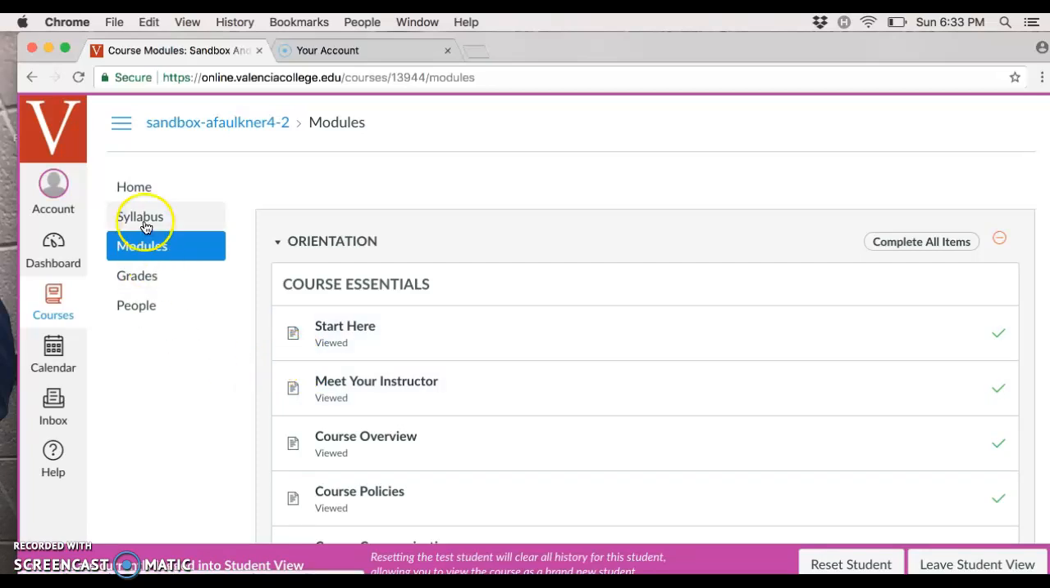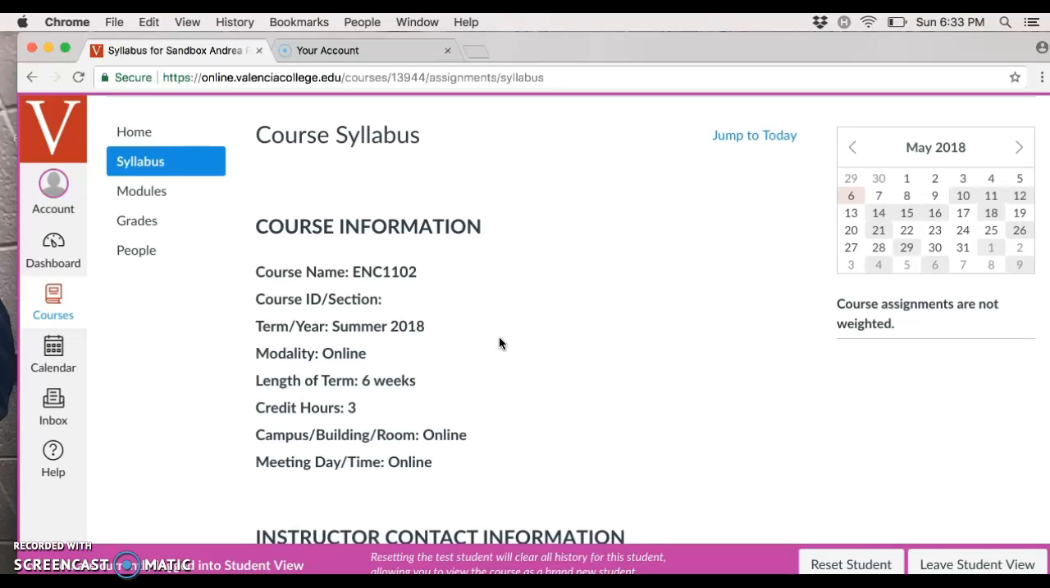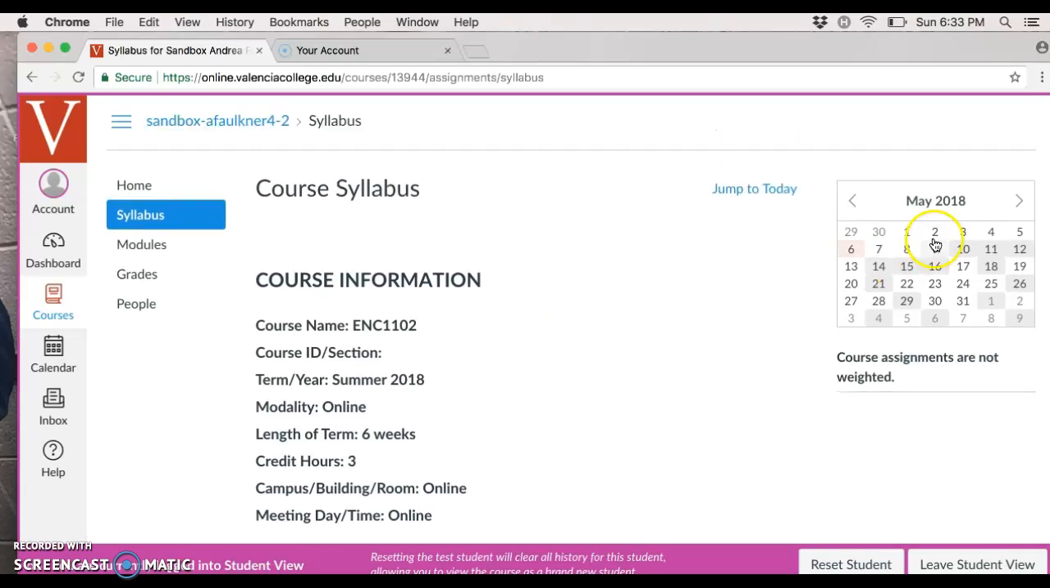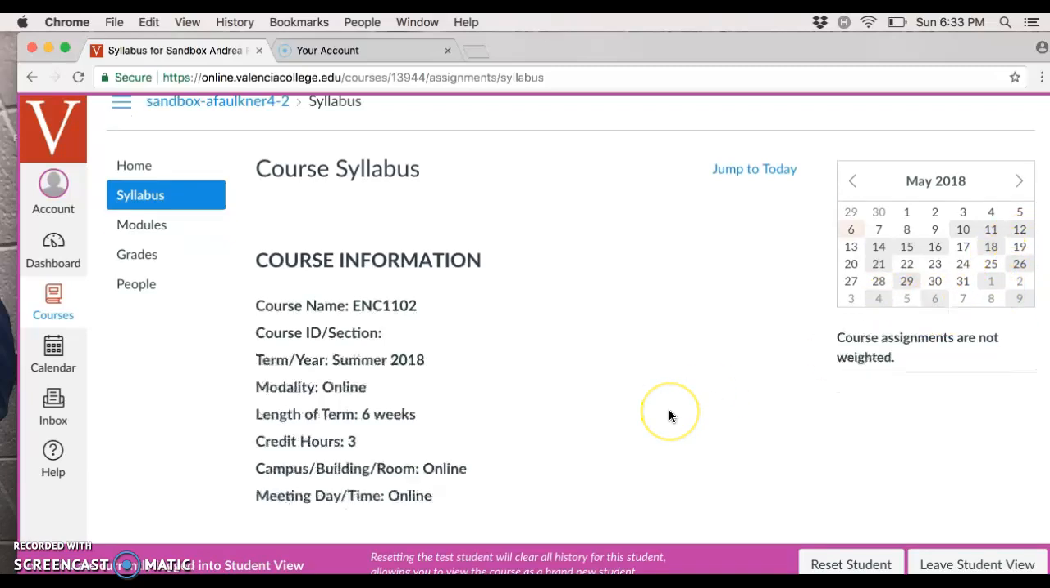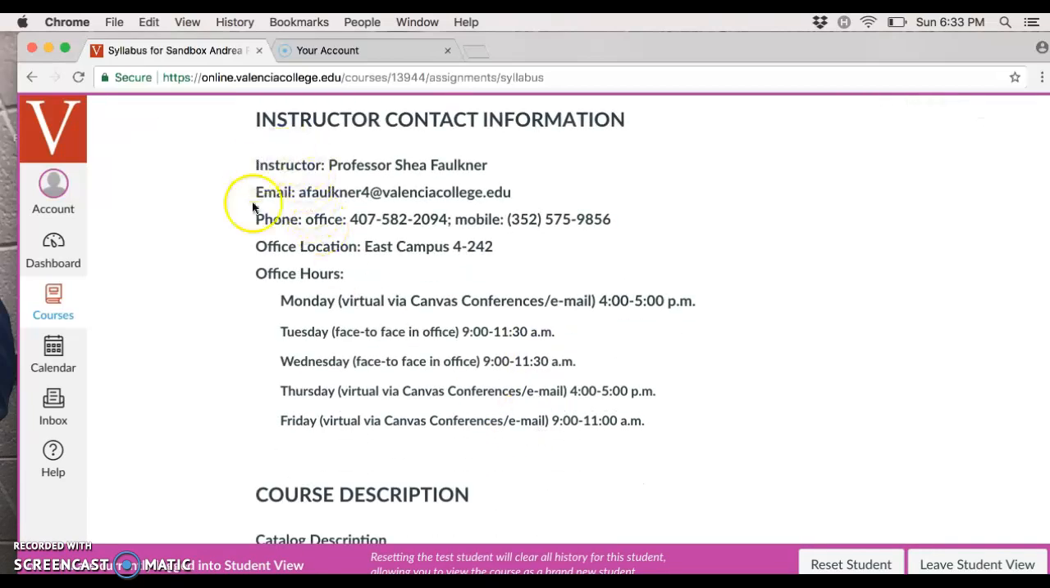I also want to bring your attention to the syllabus tab. The syllabus tab has a little bit of information in it that you might not otherwise see. For example, you have a copy of the calendar, and each of the gray days show you when you have something due. Additionally, you have some course information. Again, you have all of my contact information, but this also offers you the office hours, and it lets you know whether I'm virtual via Canvas conferences or email and the times,